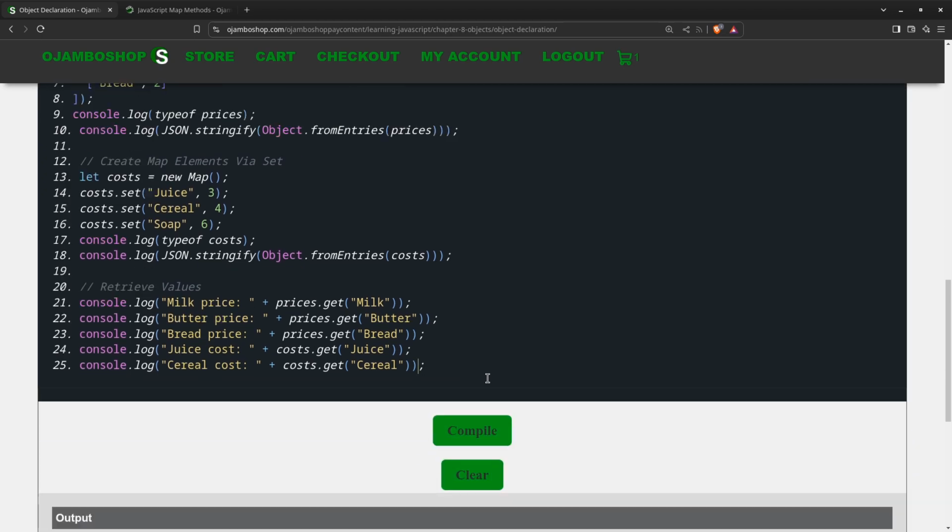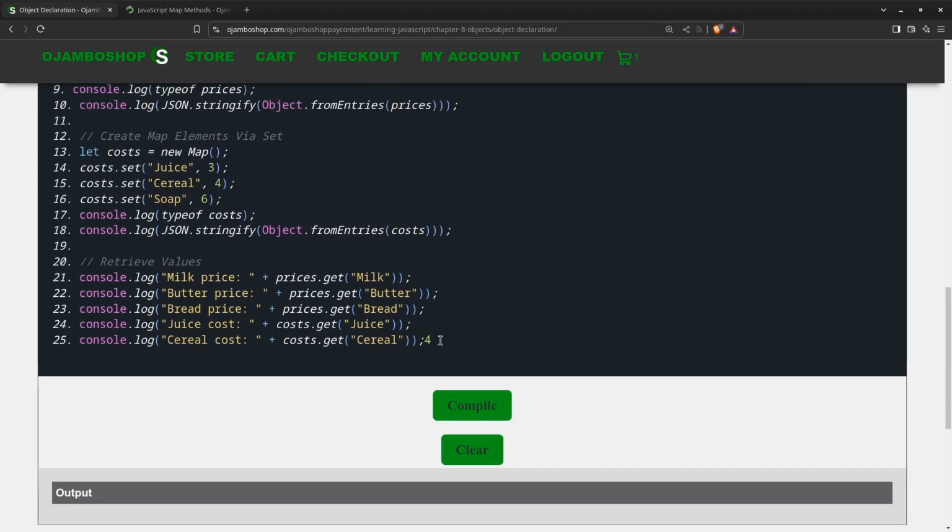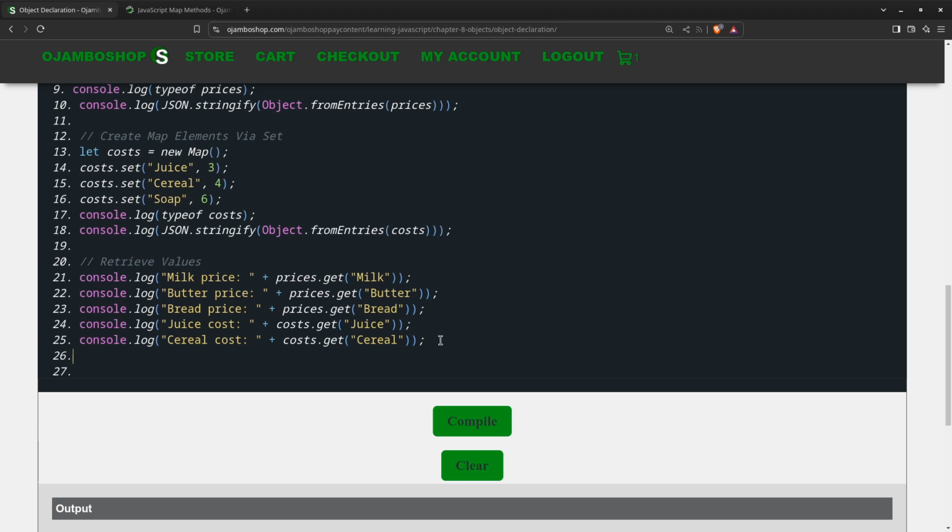Okay, let me go down here a little bit. So we did cereal. The last one is, so you can see this is very tedious to do this,